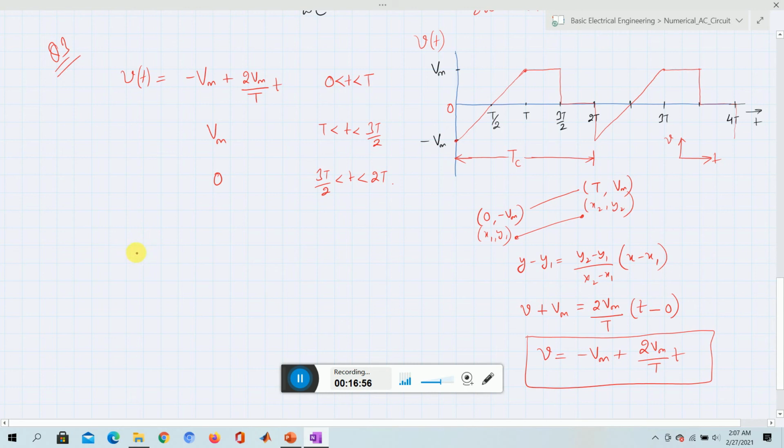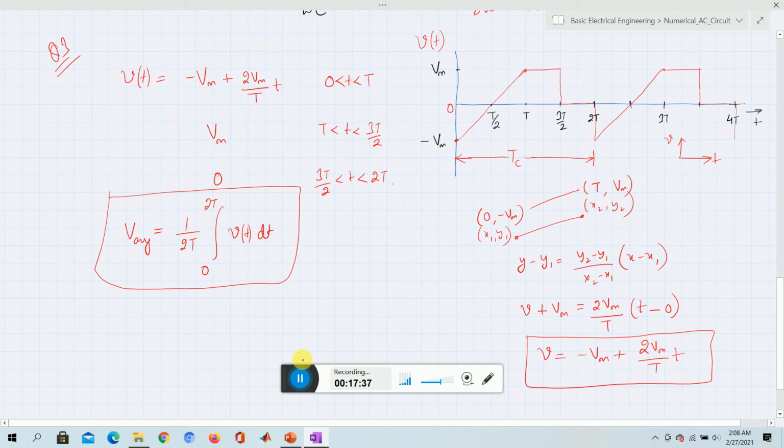So our objective is to find the average value and then the RMS value. Let us say we have the average value. What is the formula? The formula is 1 by total time. The total time we can write as Tc, or rather directly, the total time is 2T. Integration from 0 to 2T, v of t dt. We can also find the average from the area, taking negative area and positive area and finding the total. We will tell you how to find that too. This is the formula for finding the average.